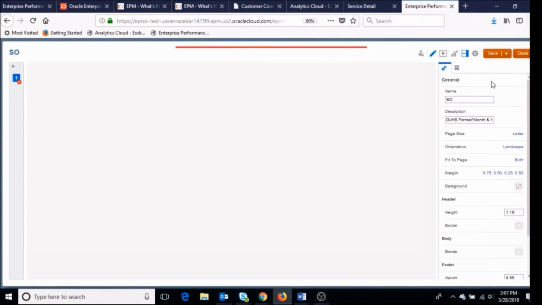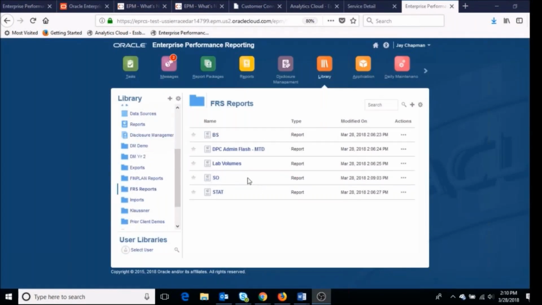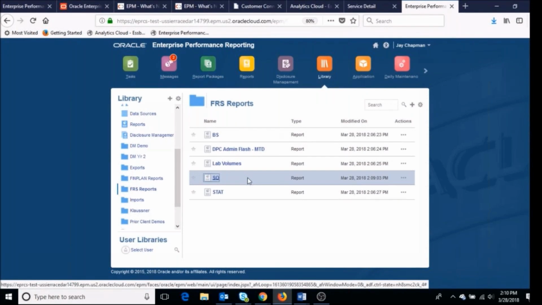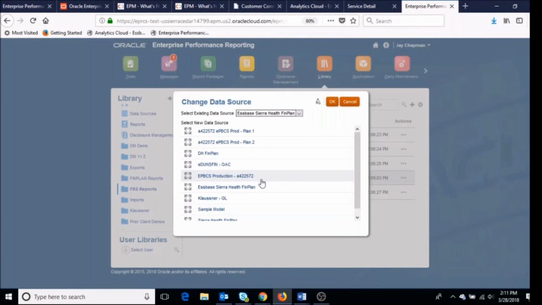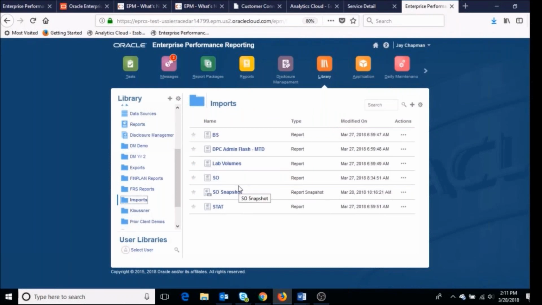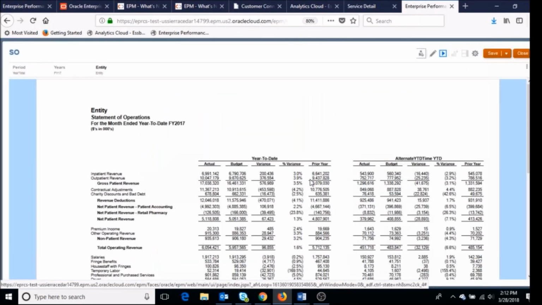So what you have to do is change the data source in management reporting to match what you have in FRS. And to do that, you just right click on the report. You're going to click change data source. And then you're going to select your data source, and then you're going to hit OK. Now that I updated the data source for that particular report, I can reopen it, and I should not get that error. So when I open it in management reporting, you're going to see a lot of familiar things